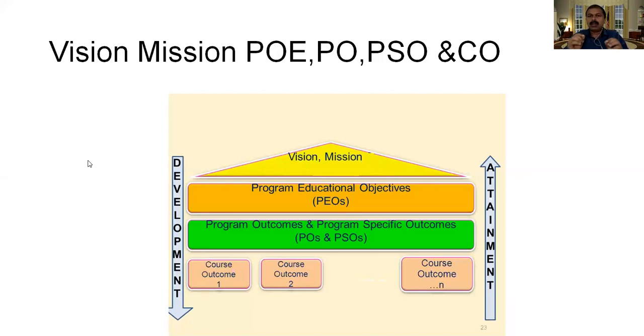So if these are clearly written, we will be able to differentiate between both the programs. These are highly discipline specific, program specific. We have to define and tell our stakeholders what this program is for, and if a student is taking this particular program, what abilities and skills the student will be acquiring in life.